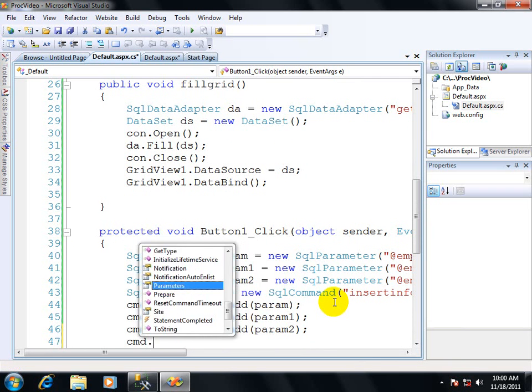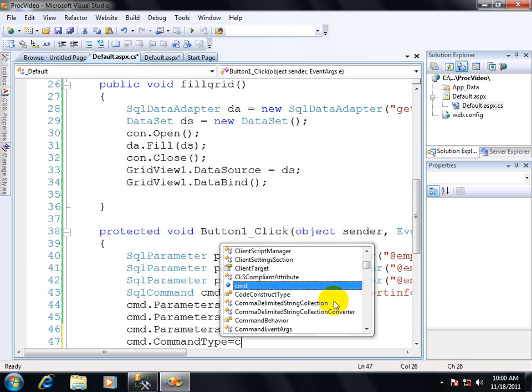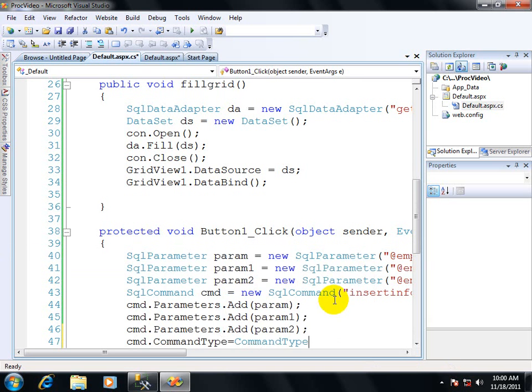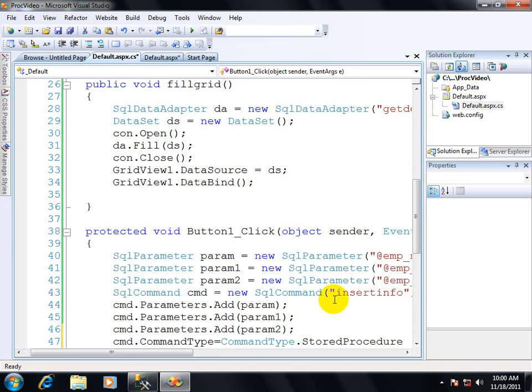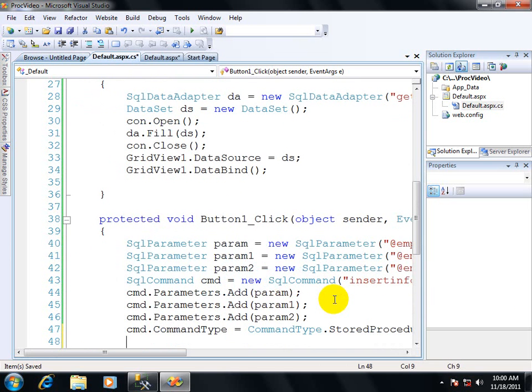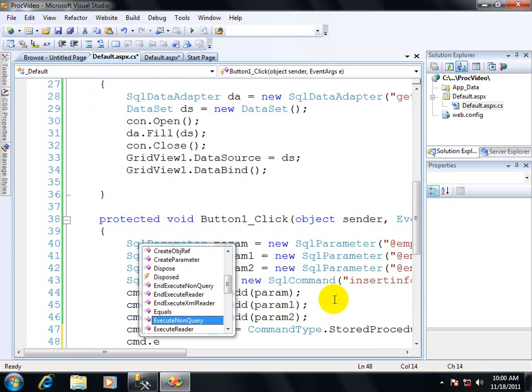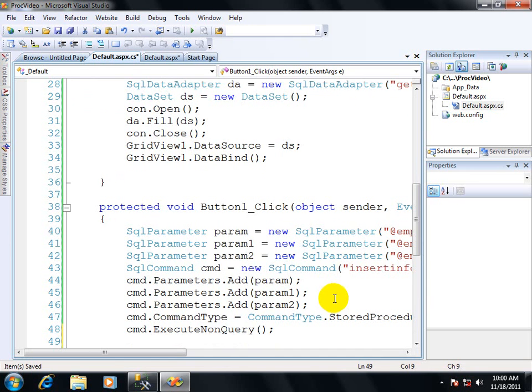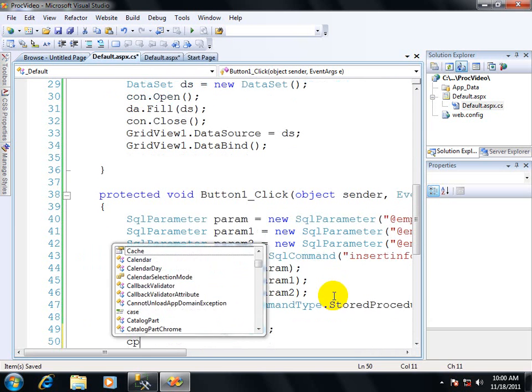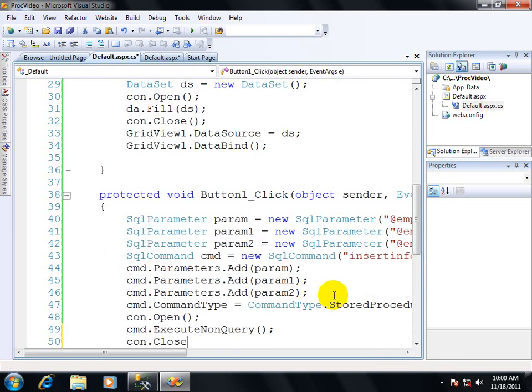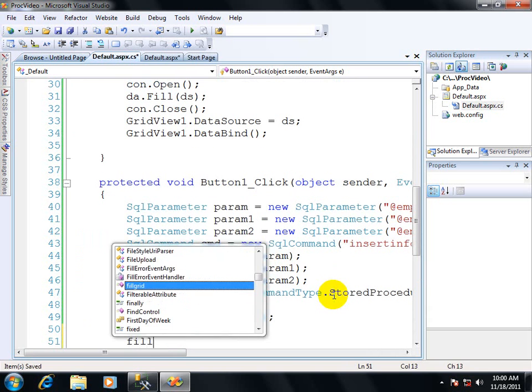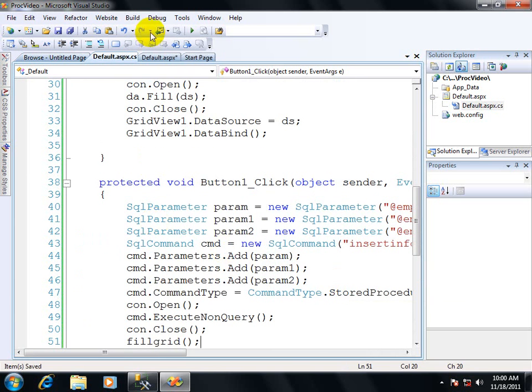Then you have to write that this is a command type, which is CommandType.StoredProcedure. Now cmd.ExecuteNonQuery, con.Open and con.Close. To see updated data, you have to call your FillGrid method.